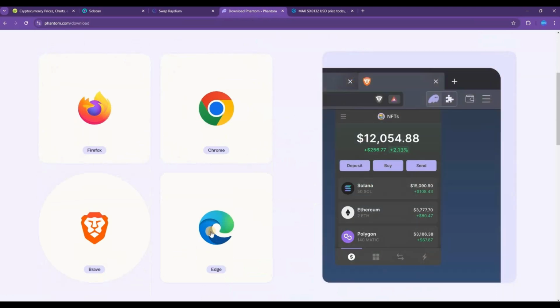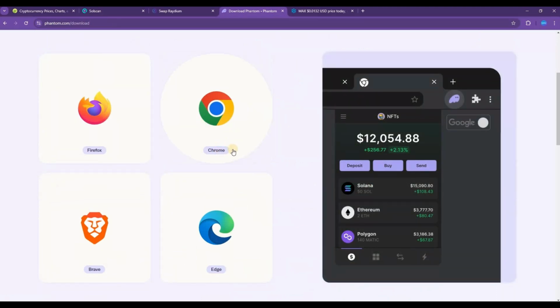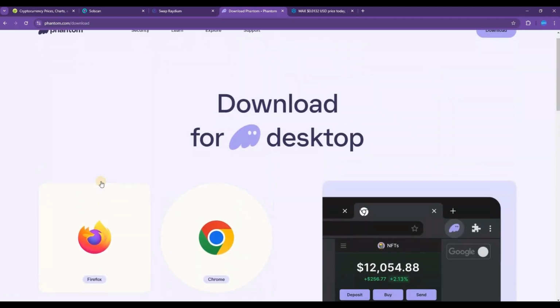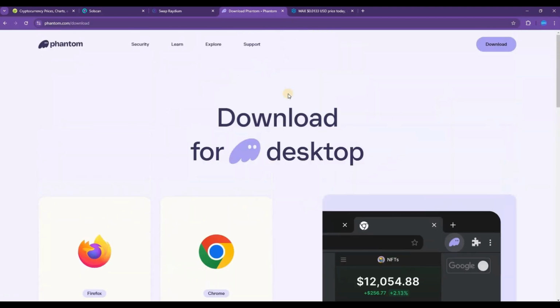Choose your favorite browser. In this case I'm using Chrome and I already have this extension. Just click on that, add extension on your Chrome or Firefox or whatever you use. Set up your wallet, write down recovery phrase and password and don't give it to anyone. Now when you have your Phantom wallet ready,